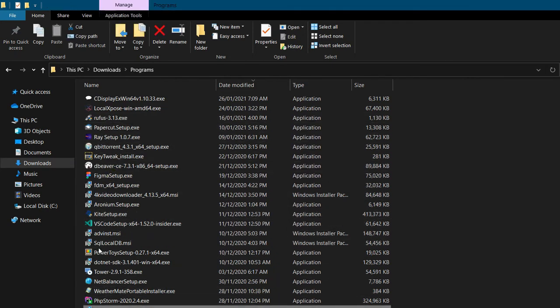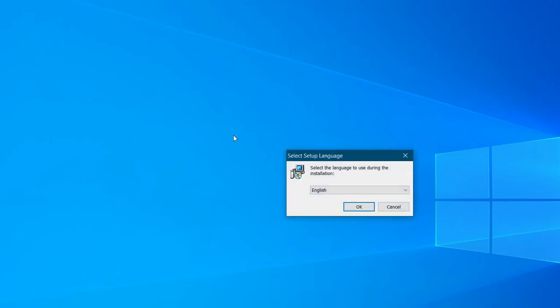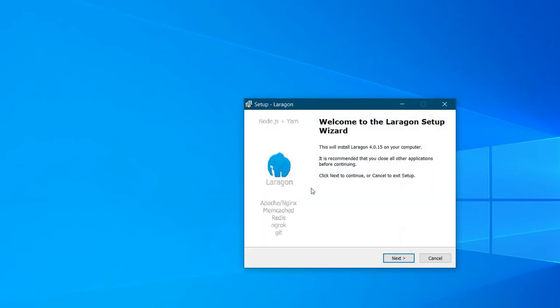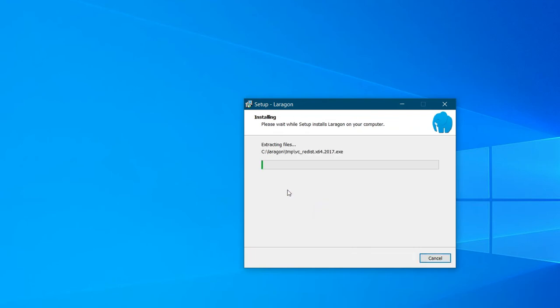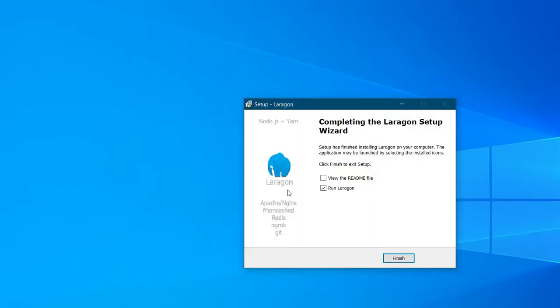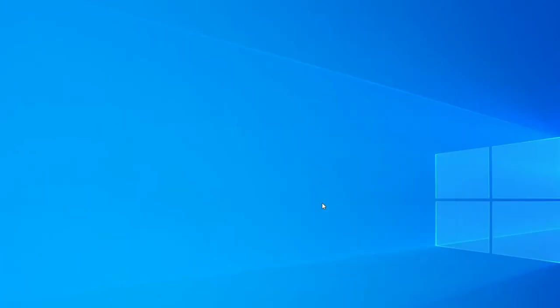You go to laragon.org, download the installer and just install it. Let's wait while it installs. It's done. So you can run the Laragon software.